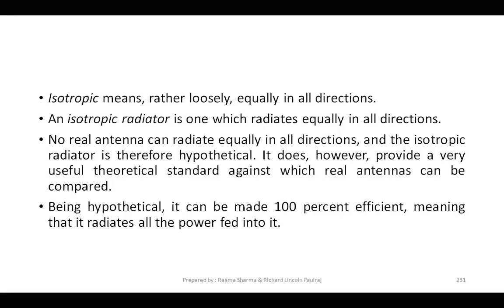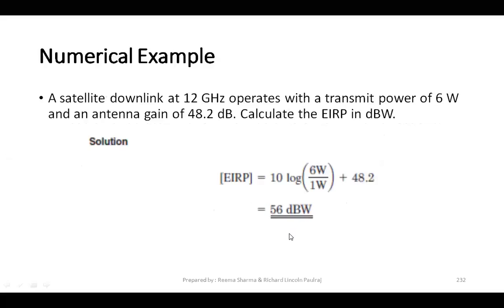You can recall with dish antennas, when the service engineer comes and installs it, he will set up the wire with his device and check the percentage level of received signals. If he finds that it's above 90, then that's the max, which means the remaining 10 are all losses because of the atmosphere. So we cannot expect 100% of signals to reach our base station. It can be made 100% efficient, meaning that it radiates all the power fed into it, but that is impractical. So let us look into a small problem here, where the downlink is at 12 gigahertz,